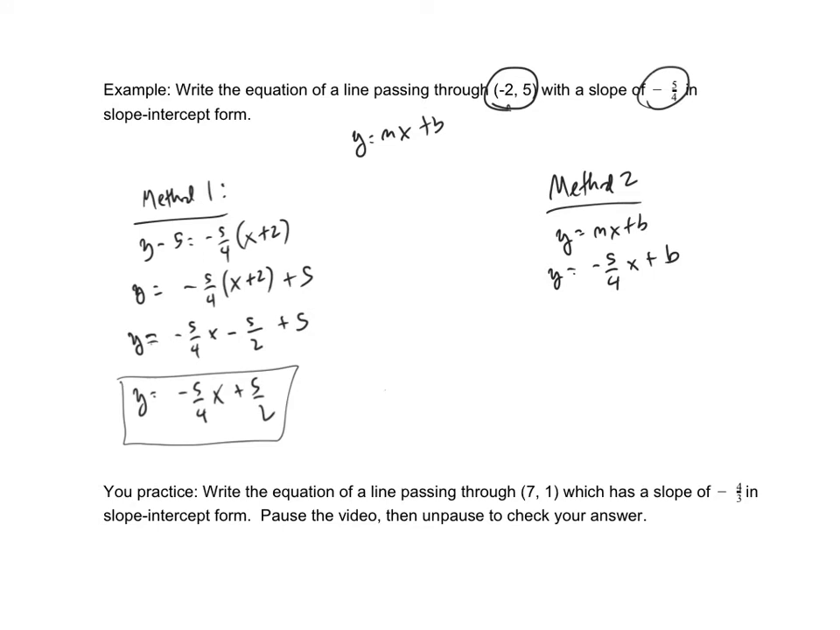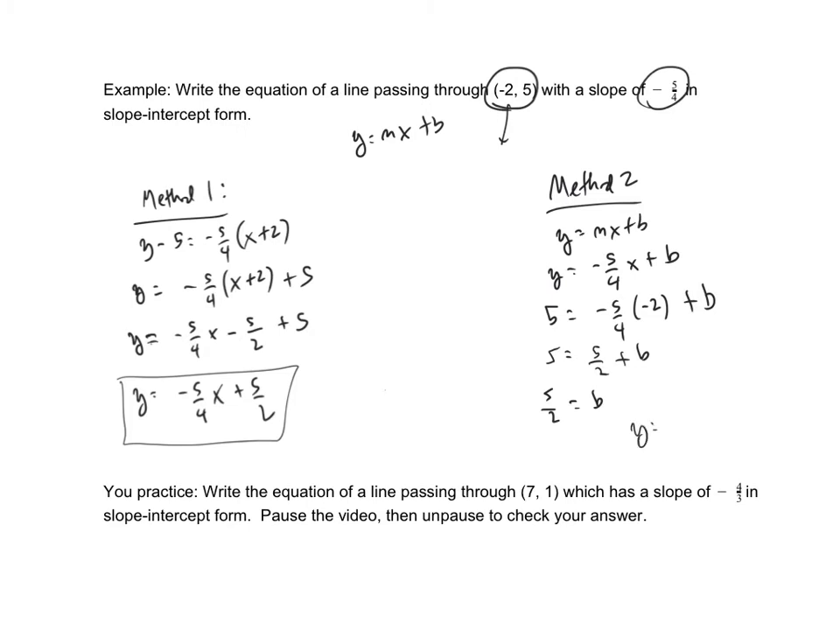So what I'm going to do is take my point now, and I'm going to plug the y in for y, and I'm going to plug the x value in for x, and then I'm going to use that information to solve for b. So I'm going to multiply negative 5/4 times negative 2, that would be positive 10/4, which is positive 5/2. And then I'm going to get b by itself by subtracting 5/2 from each side. 5 minus 5/2 is 5/2. So my b is 5/2,